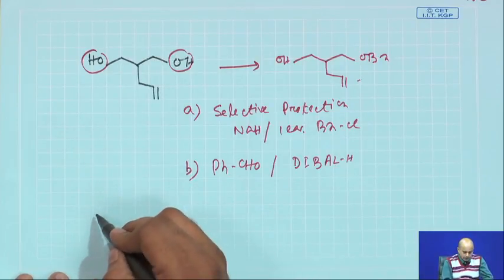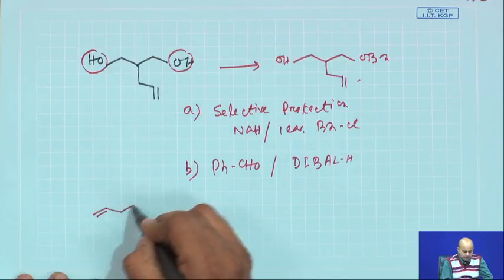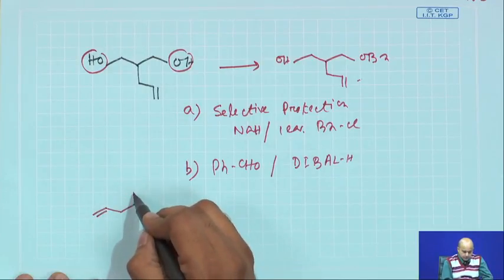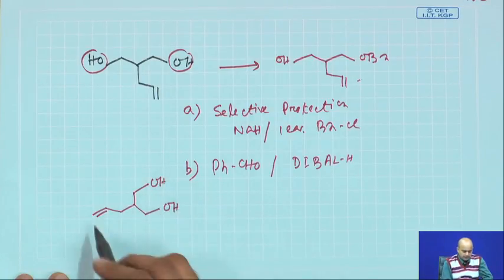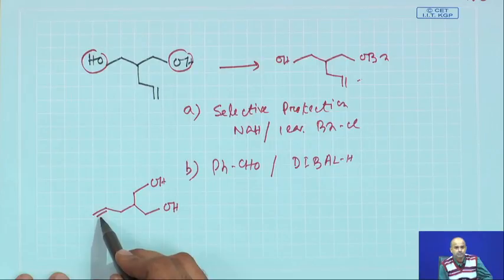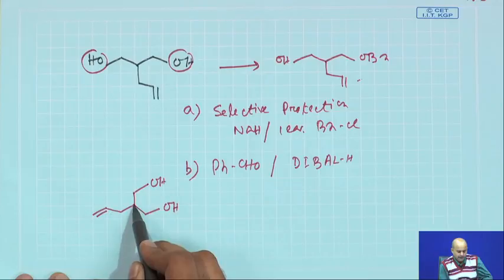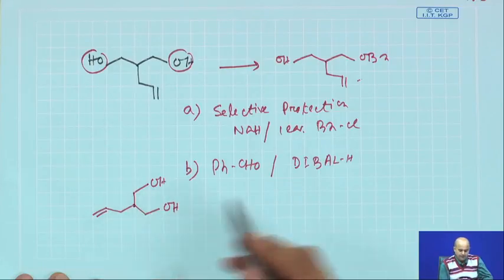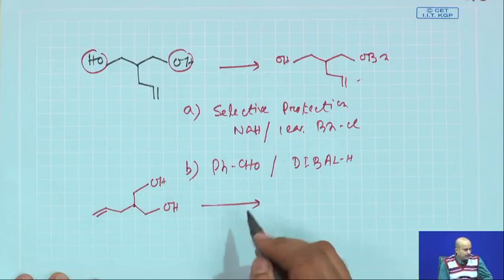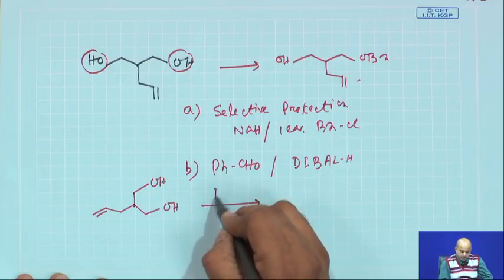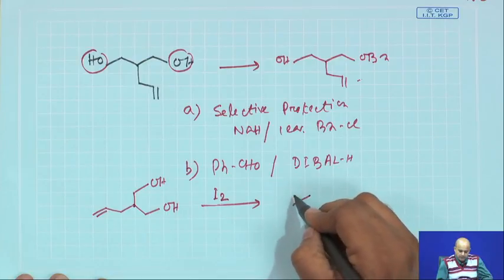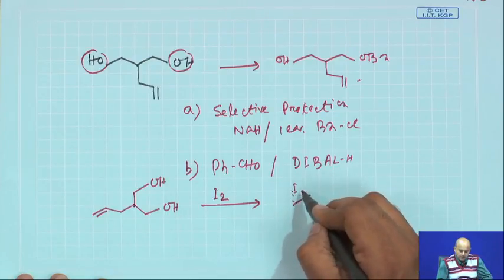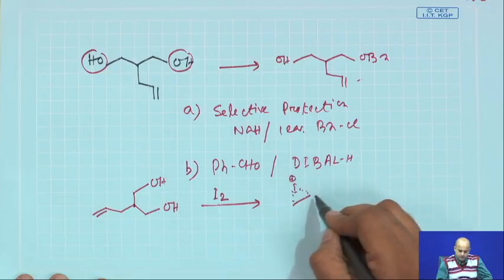Now, what am I trying to do? I am trying to give you another reaction, whether this is also feasible or not. I am saying that as this compound has an allylic part in one of these main functional groups or appendages, what I do is treat this compound with iodine. So, this iodine will basically give you an iodonium ion first,